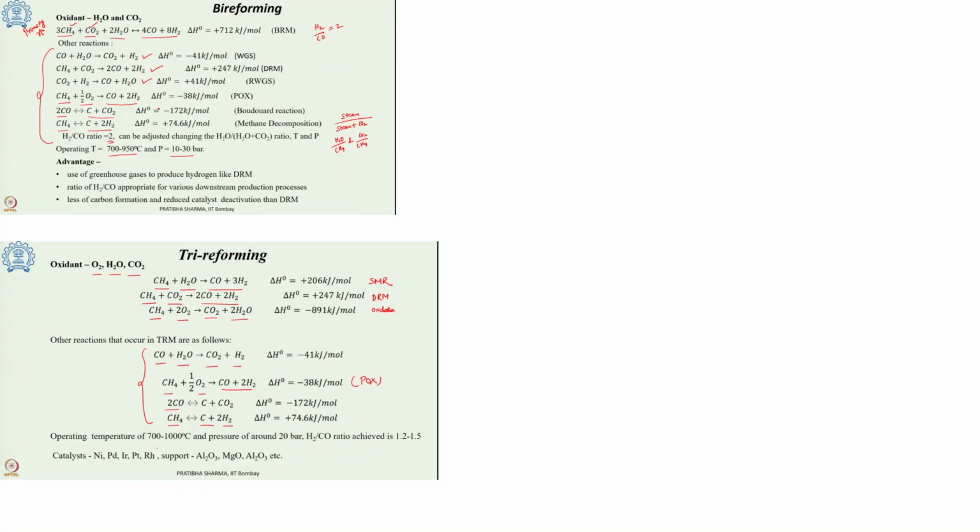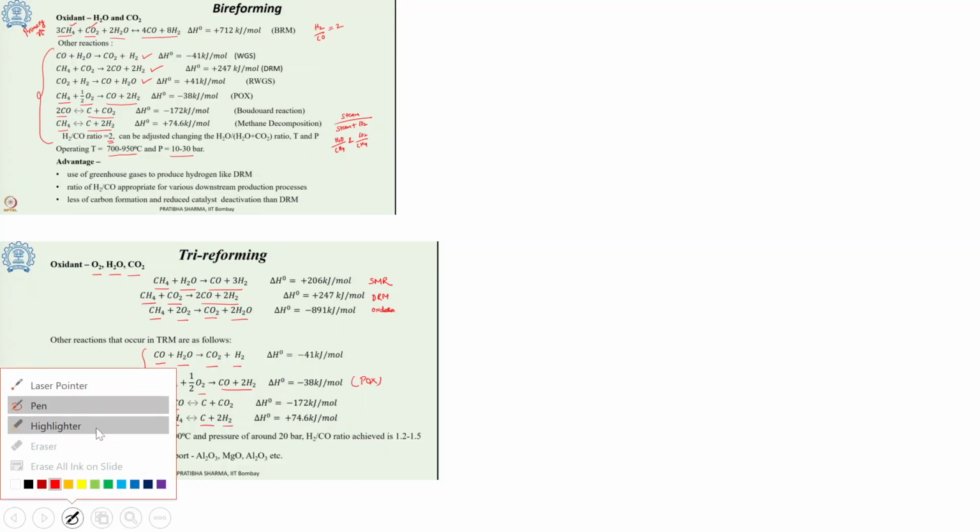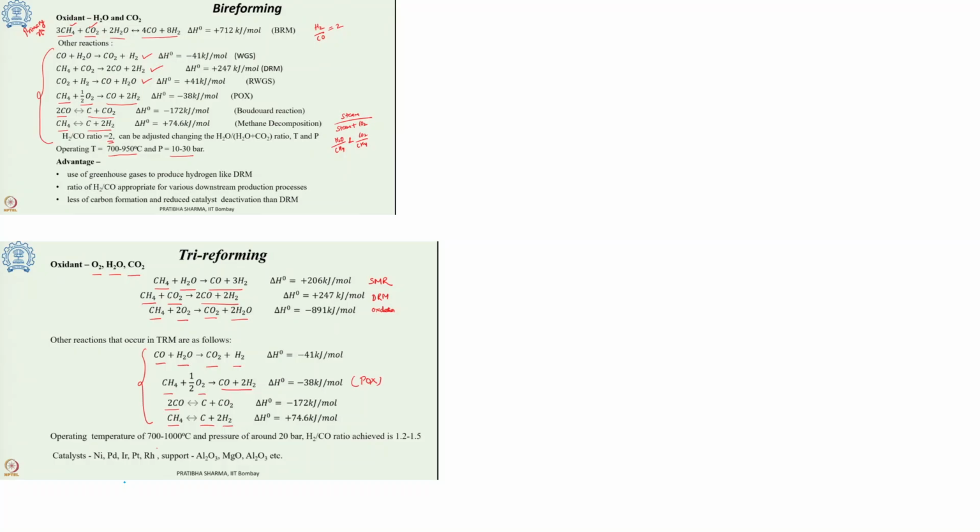Bi-reforming means that two oxidants are used in the reactions, as the name indicates. The two oxidants are used in the reaction. That's why it is called bi-reforming. The two oxidants are